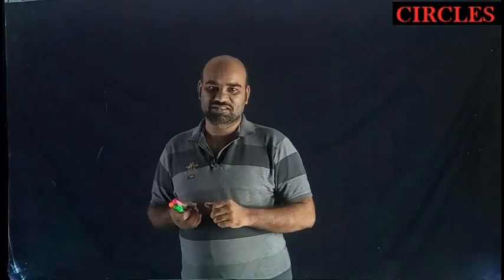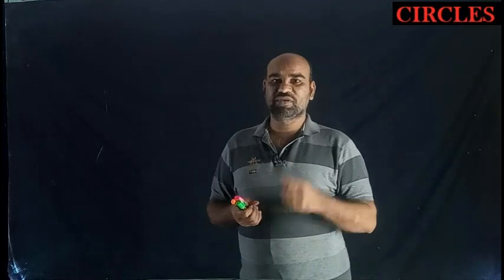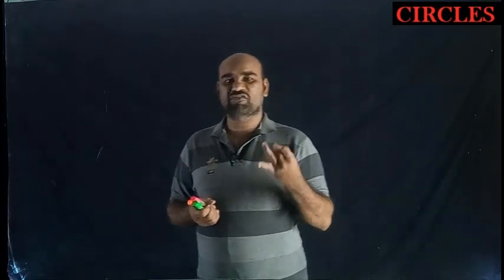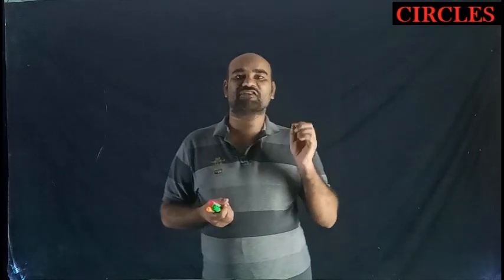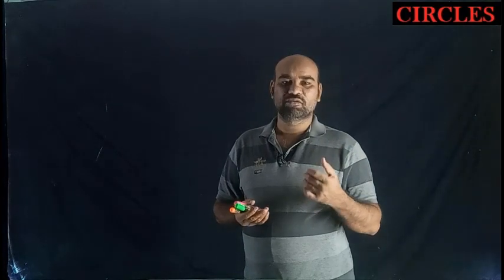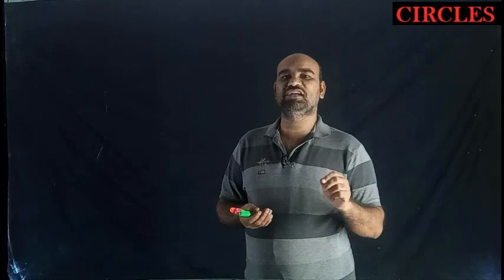So today I am going to explain some previous IIT JEE problems based on the concepts completed for us: basic circle, standard form of a circle, general form of a circle, diametric form of a circle, parametric form of a circle, concept of power of a point, concept of tangent of a circle, tangent in different forms, slope form, point form, concept of normal, etc. Today I am going to explain previous IIT JEE problems, especially 2019-2018 Advanced and Mains problems.